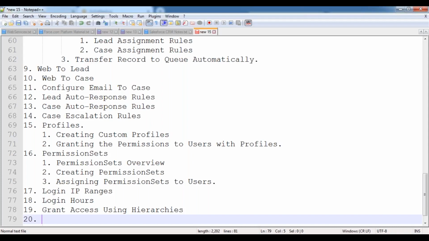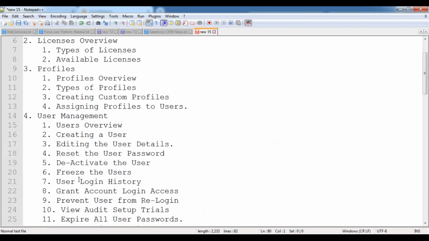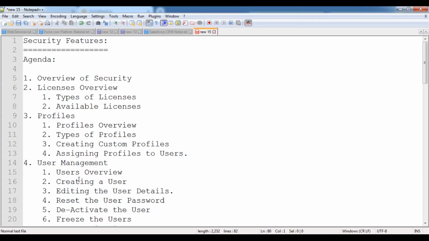We'll configure the password policies. These are the various features we are going to be discussing as part of the security concept. Security is the most important feature as part of your configuration. Whenever you are attending interviews,